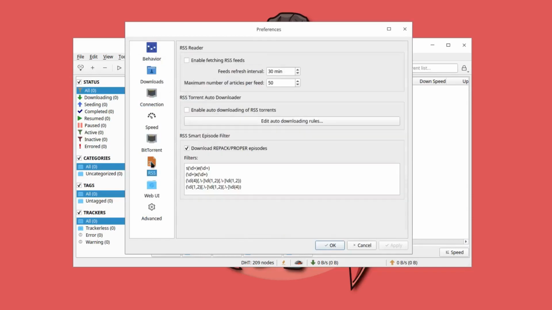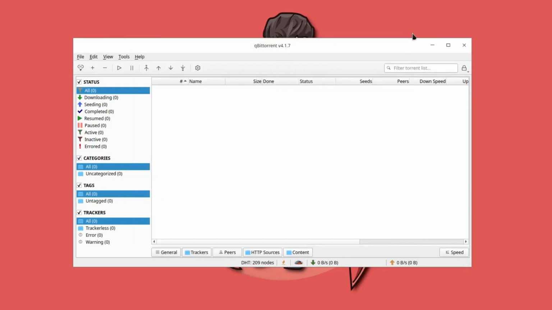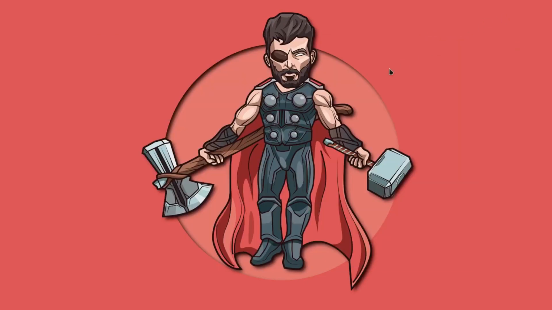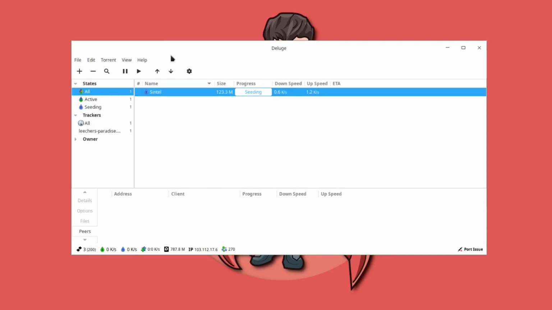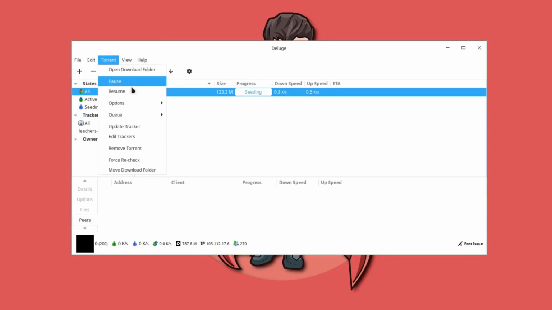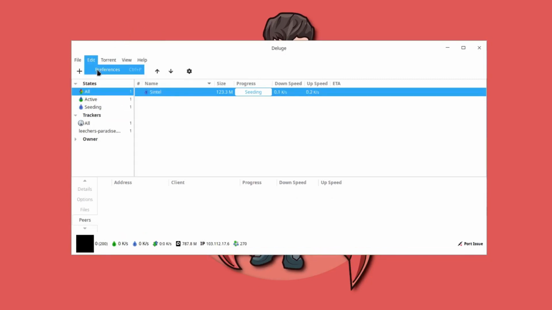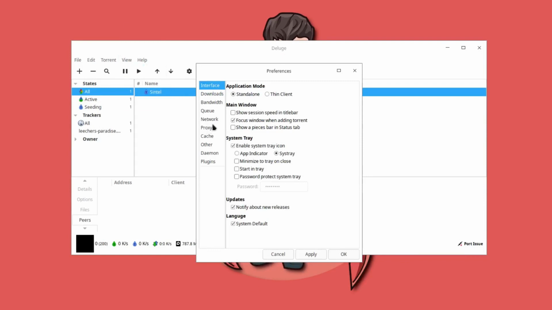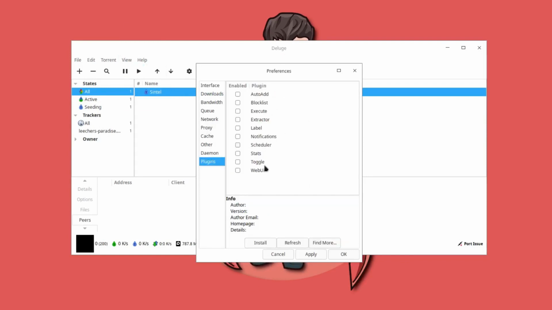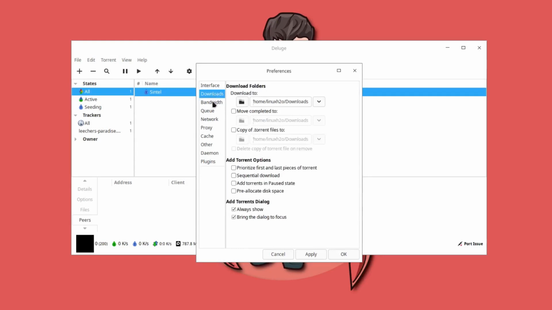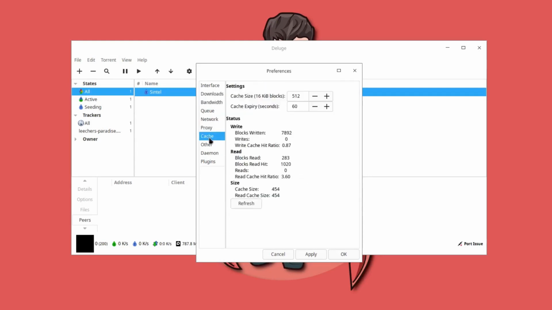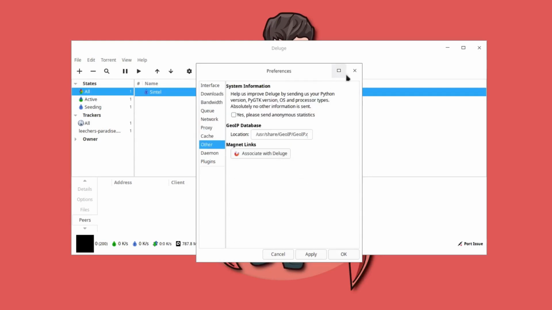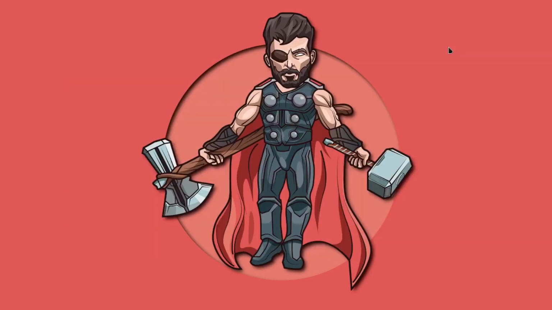So you get these settings to tweak from, and Deluge also has one feature, and I think that feature is missing here, and the feature is that Deluge also supports plugins. So if you go to the preferences, you will find this option here, plugins, and you can use these plugins as well. Apart from that feature, all the things are very similar to the other client that I've just shown you.